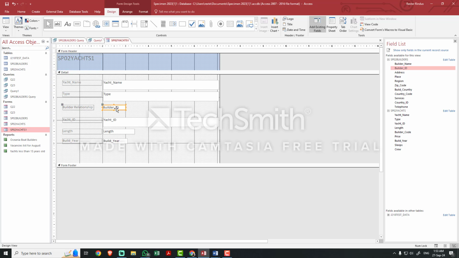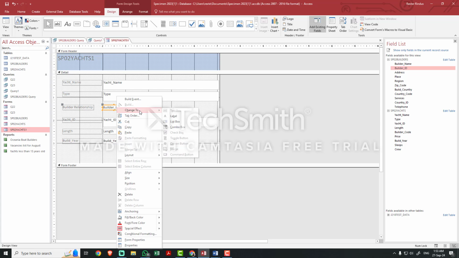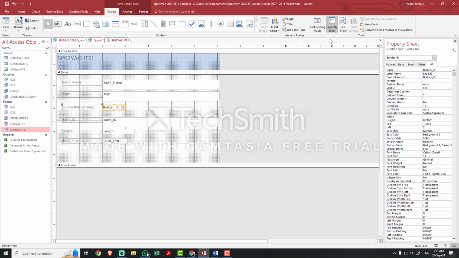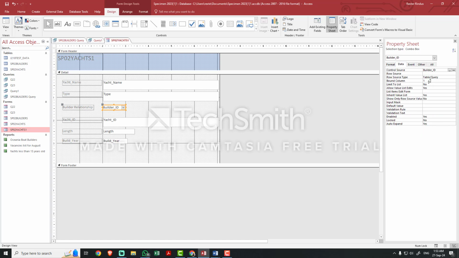To make this one a drop-down list, there are different ways, but what I do is I always go to Combo Box, and you can see now that it's already a drop-down option there. To activate that, go to the Property Sheet, and then go to the Control Data for it. Go to the Row Source, and then you just have to go to Value List. Another method is to find it here where you can specify the Control Source, but I like doing this one here. This said you have to input the information coming from the builder ID relationship.